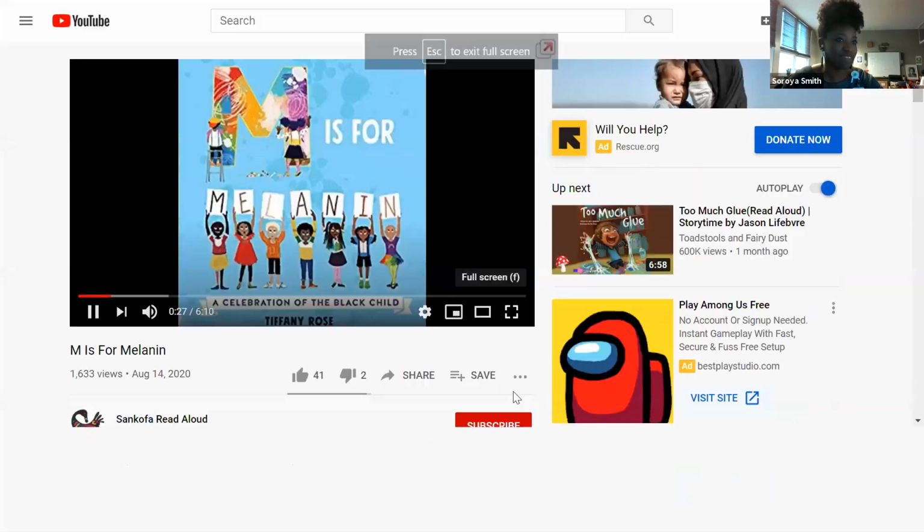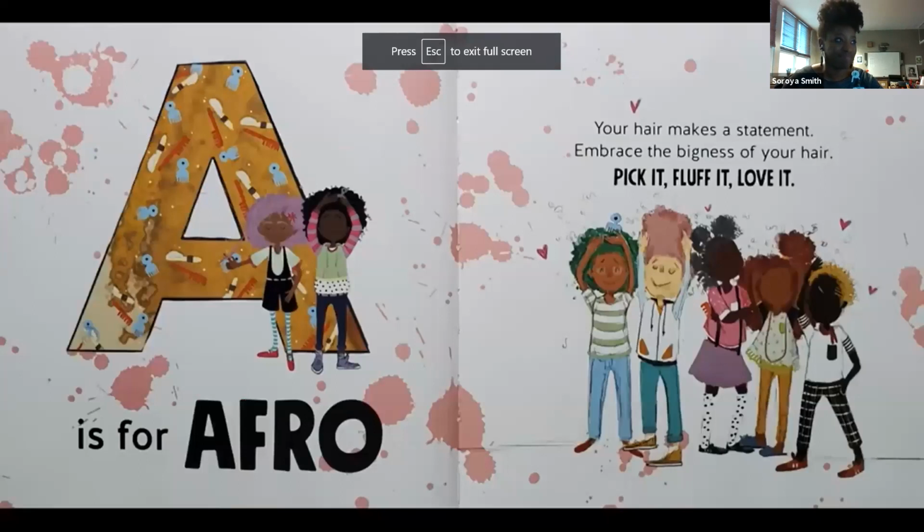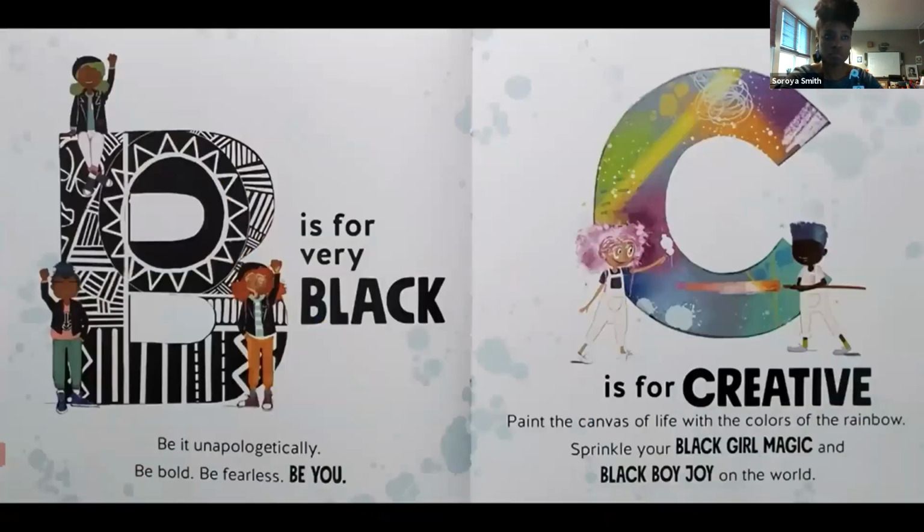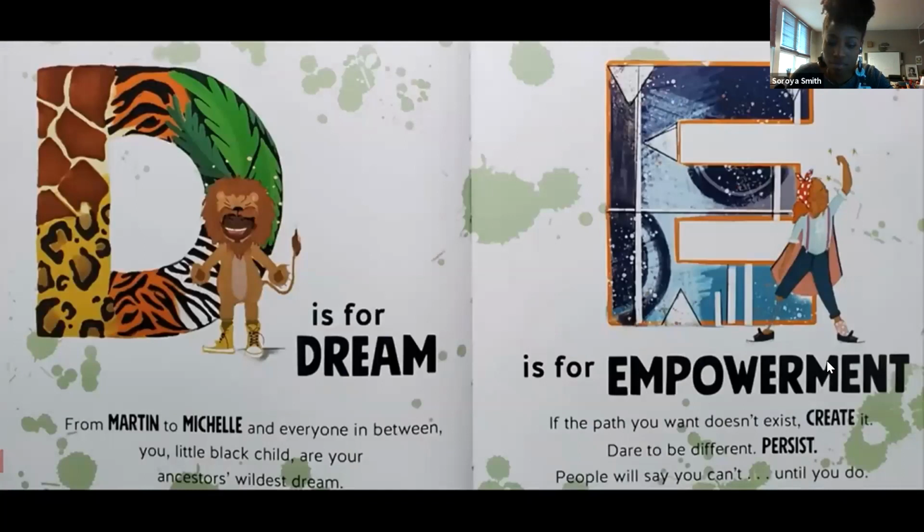This amazing story. A is for Afro. Your hair makes a statement. Embrace the bigness of your hair. Pick it, fluff it, love it. B is for very black. Be it unapologetically, be bold, be fearless, be you. C is for creative. Paint the canvas of life with the colors of the rainbow. Sprinkle your black girl magic and black boy joy on the world. D is for dream. From Martin to Michelle and everyone in between, you, little black child, are your ancestors' wildest